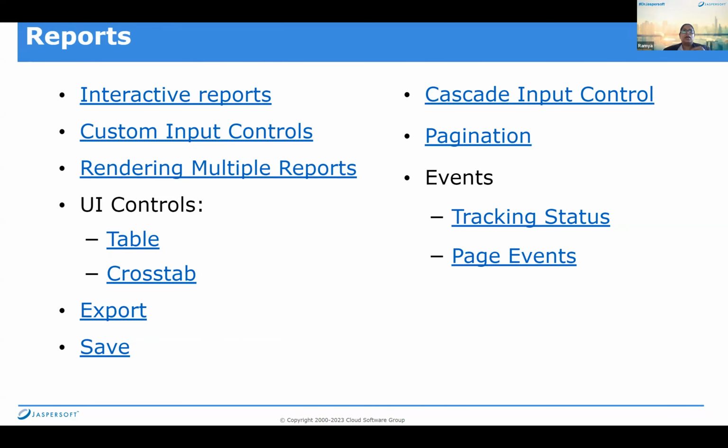Coming to the reports. As we already discussed, the report function runs the report on the Jasper server and renders its result into the container provided. It also supports many functions like interactive reports, with hyperlinking, creating interactivity between one chart or report and another report. We can create custom input controls, which means we take the input controls and pass the values to the reports. Apart from parameters, we can pass the input control values to the reports. And we can render multiple reports